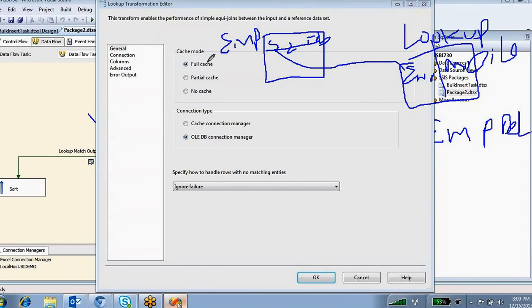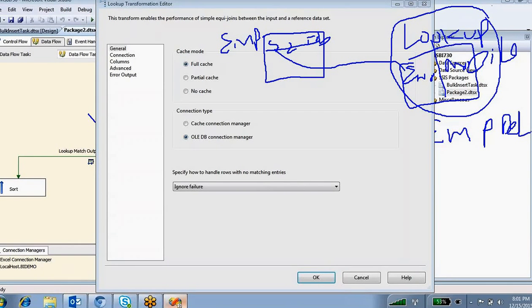If you make it full cache, the SSIS lookup transformation copies the entire data from the lookup table in your database and keeps it in memory. Otherwise, every time it would connect to the database and take the rows from the particular table in the database server, which is a performance issue.